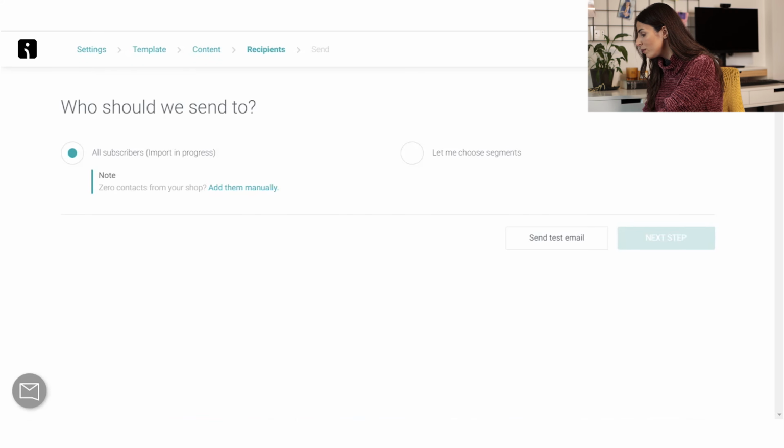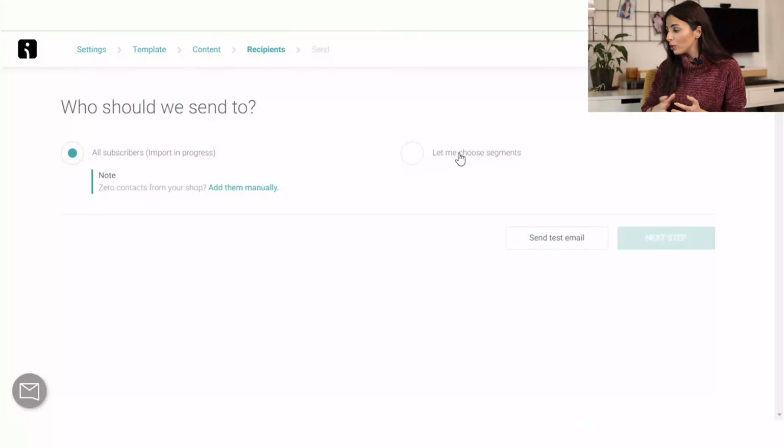At this step, Omnisend will ask you about the recipients of this campaign. Are you going to send it to all subscribers, or are you going to choose a certain segment? Here, it will differ depending on your email topic. If it's a normal weekly email, you can send it to all of your subscribers. But if it's an offer that you are only giving to your VIP list, or for people who have exceeded, for example, a certain number of purchases from your store, you can do that